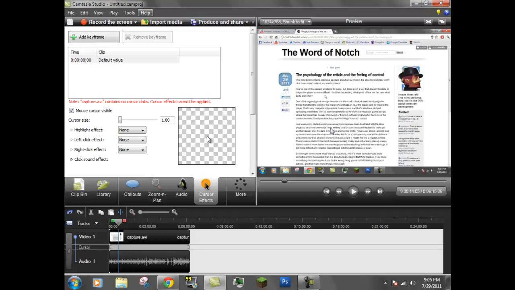Okay, I don't know what happened here, but anyway, as you can see, my cursor right there. You can do a highlight effect like this. You can do a spotlight like this, where everything is dark around it. It's only like there. Or you can magnify it, where it's magnified only where your cursor is. So let's say I was over the psychology,